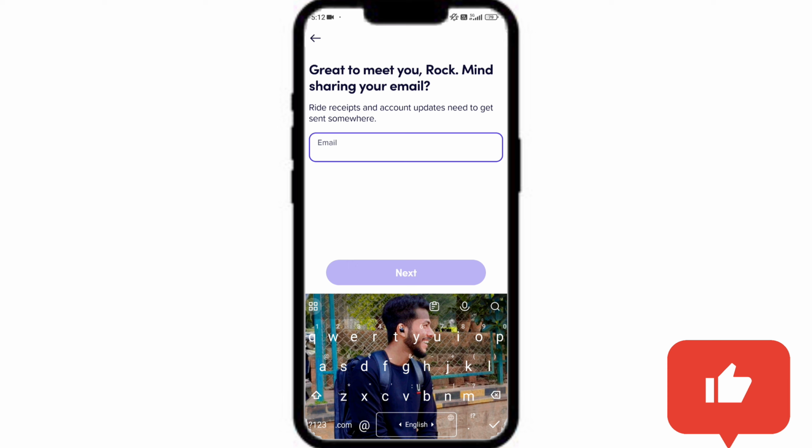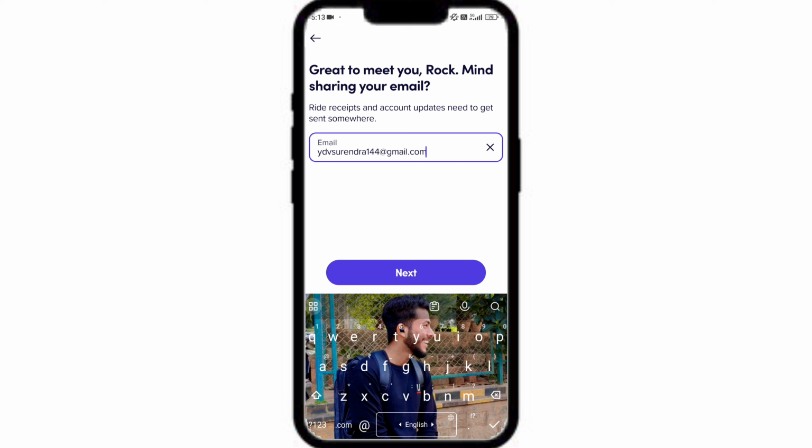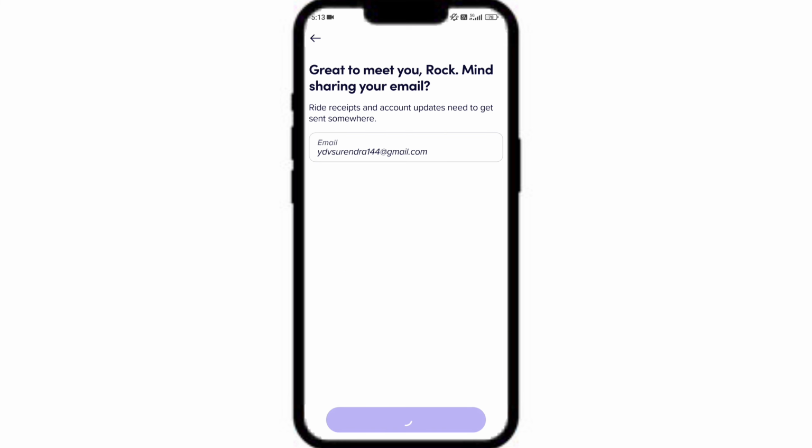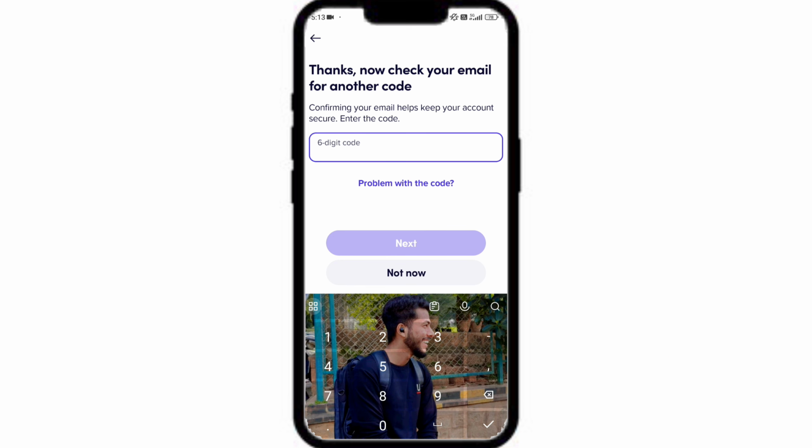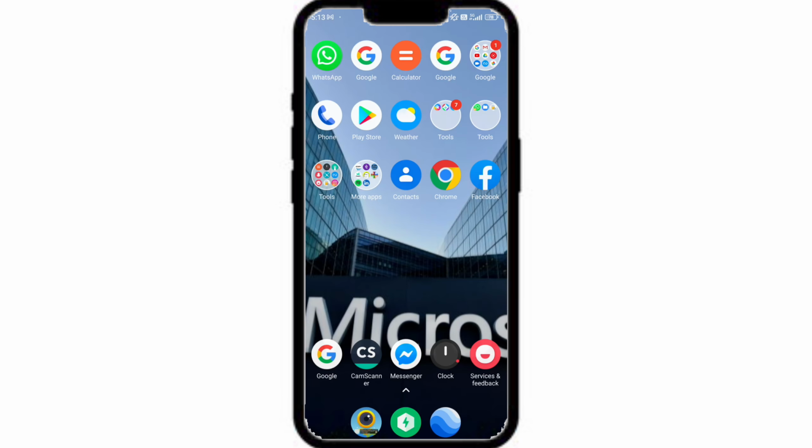Now you can see here it's asking for your email ID. You have to give your email ID here. Now after giving that email ID, you can see here the next option is there. Click on that next option. Now you will get a 6-digit code on your email ID. You have to go and check there